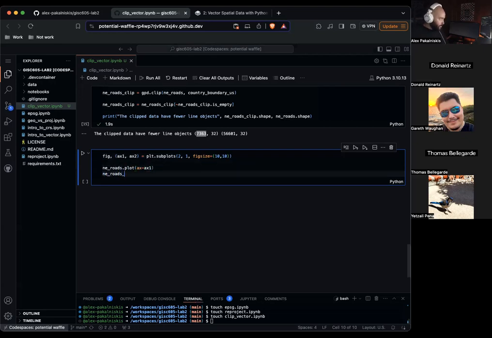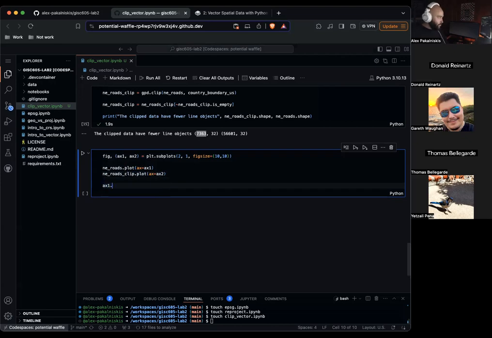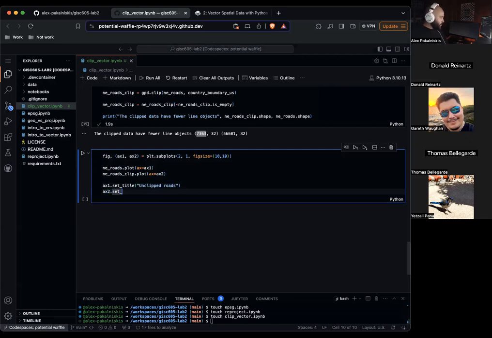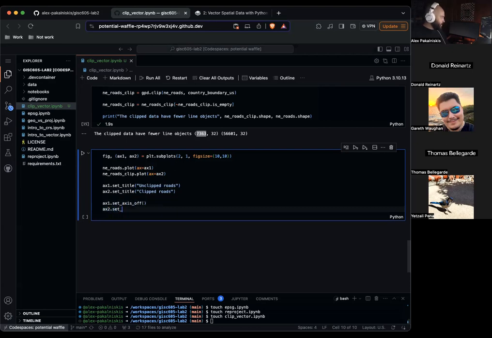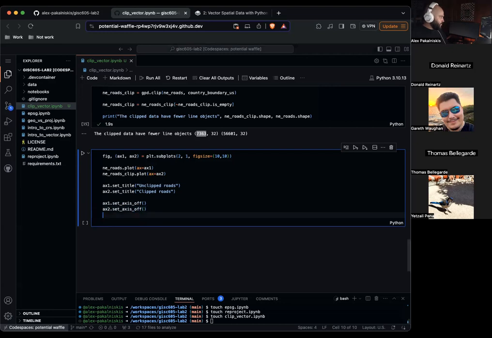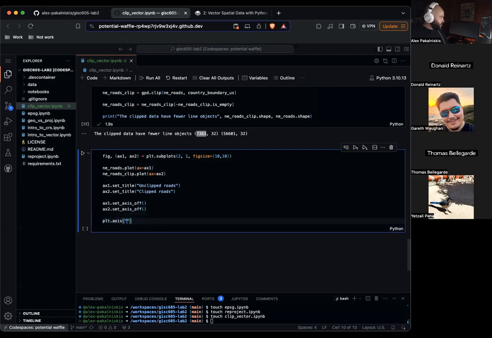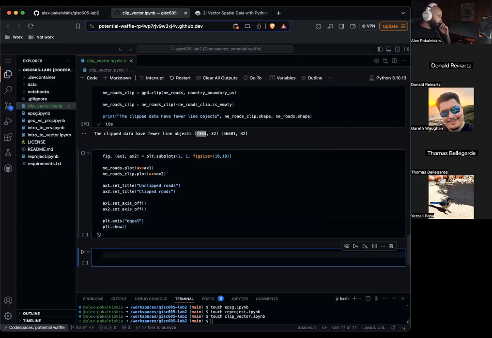Any roads clip dot plot ax equals ax2. ax1 dot set title unclipped roads. ax2 dot set title clipped roads. ax1 dot set axis off, ax2 dot set axis off. plt dot axis equal, plt dot show.